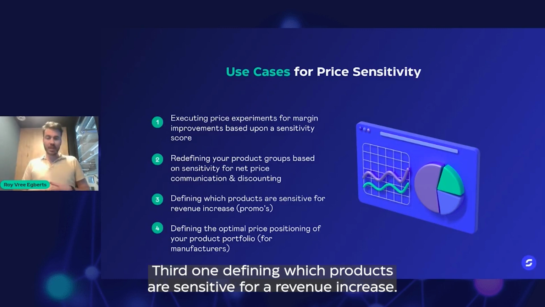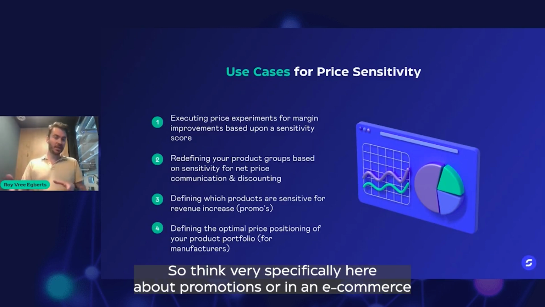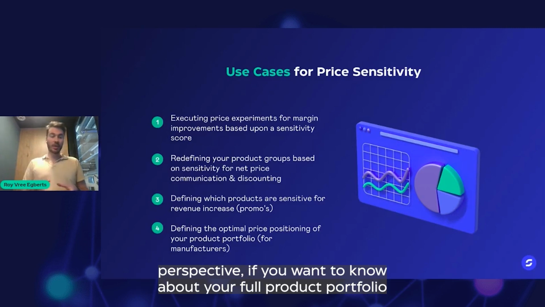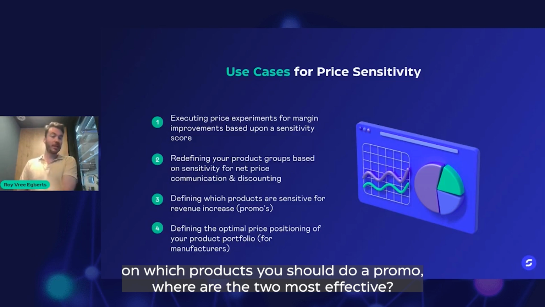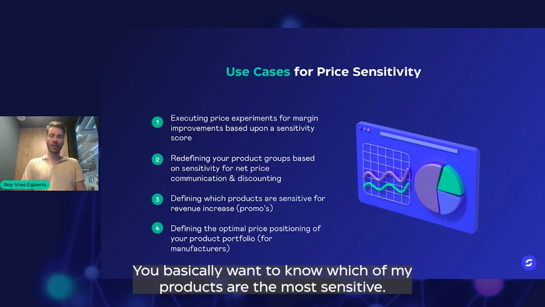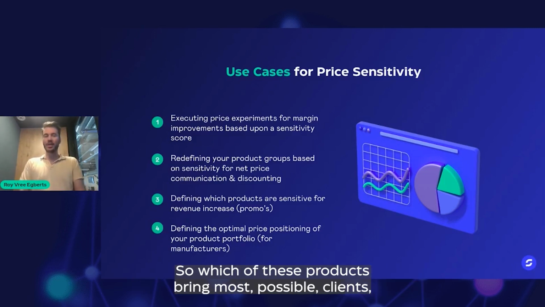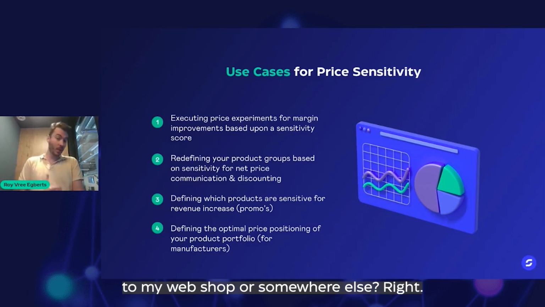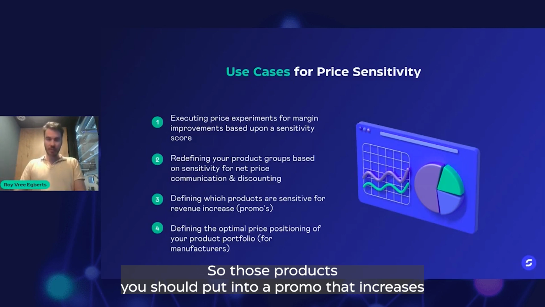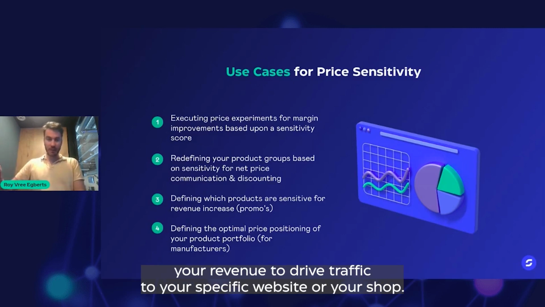Third one, defining which products are sensitive for a revenue increase. So think very specifically here about promos, more from an e-commerce perspective. If you want to know about your full product portfolio on which products you should do a promo, where are they the most effective, you basically want to know which of my products are the most sensitive. So which of these products bring most possible clients to my web shop or somewhere else, right? So those products you should put into a promo that increases your revenue, that drives traffic to your specific website